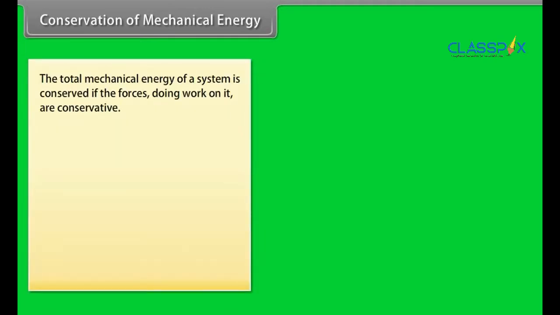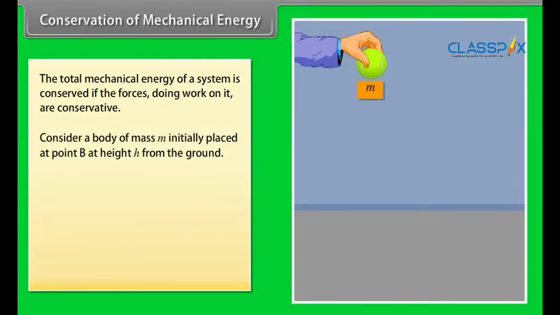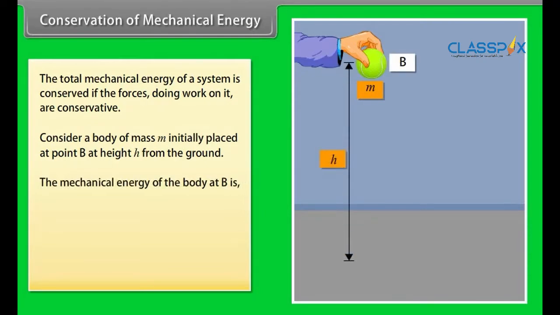Conservation of mechanical energy. The principle of conservation of total mechanical energy states that the total mechanical energy of a system is conserved if the forces doing work on it are conservative. Let us understand it with an example. Consider a body of mass m initially placed at point B at height h from the ground. The mechanical energy of the body at B is equal to the kinetic energy of the body at B plus the potential energy of the body at B, which is 0 plus mgh,